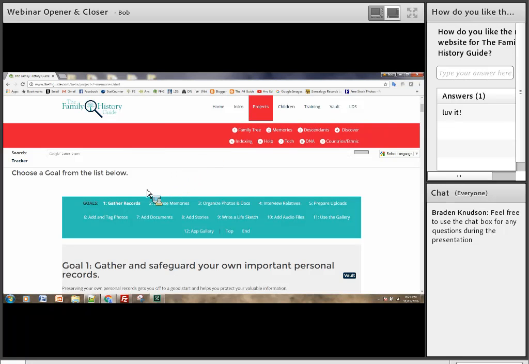First of all, we concentrate on gathering records. These could be records that you have at home or from relatives, and then how to organize them, the photos and documents and so forth. How to do interviews with living relatives. This is a really important step in family history because, as you know, once your relatives are gone to the other side, it's really hard to communicate with them and get the family history information that you wish that you